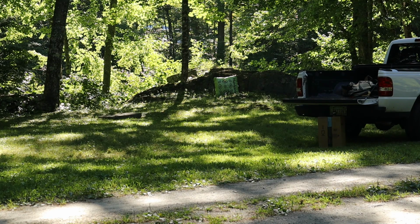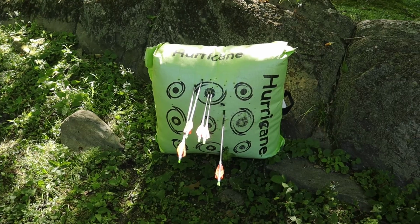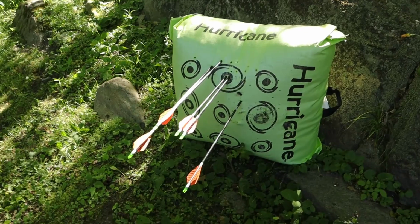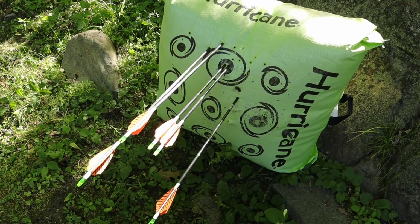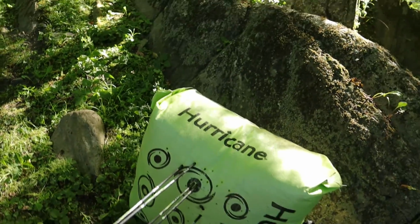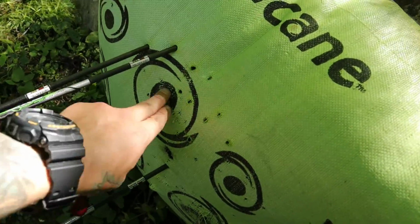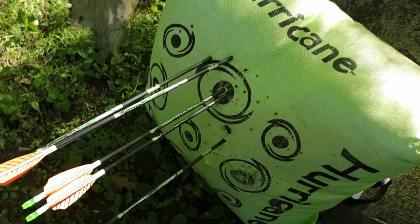All right, what do we got here? Did I shoot 6? Shot 5. All right, let's go check it. Okay. Those bright orange arrows make everything overexposed, but these two I know felt good. Like, I shot them and they felt very good. So